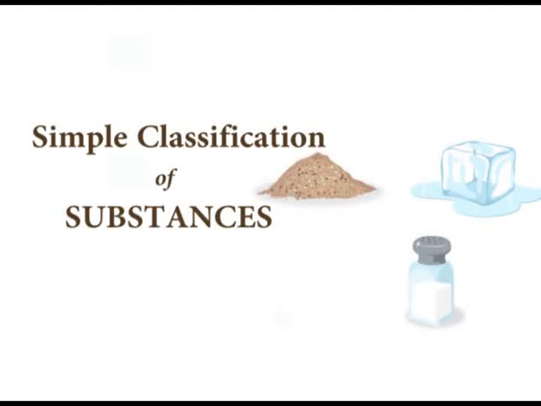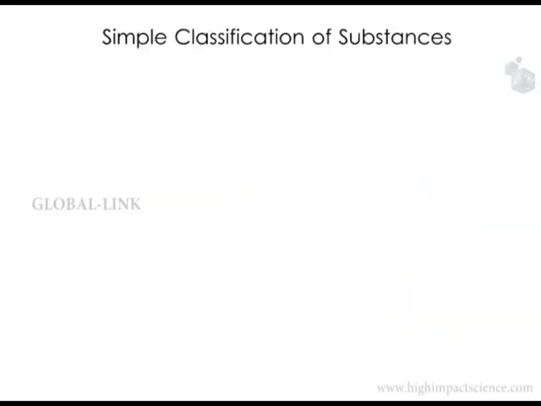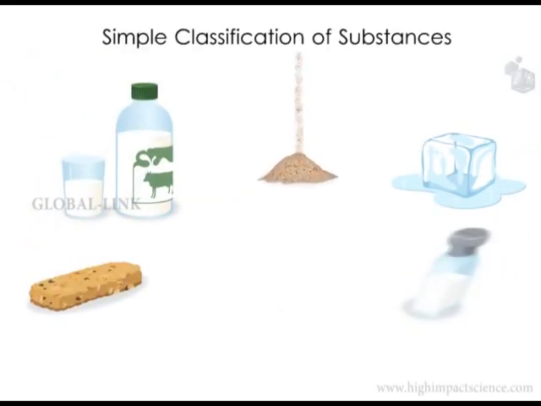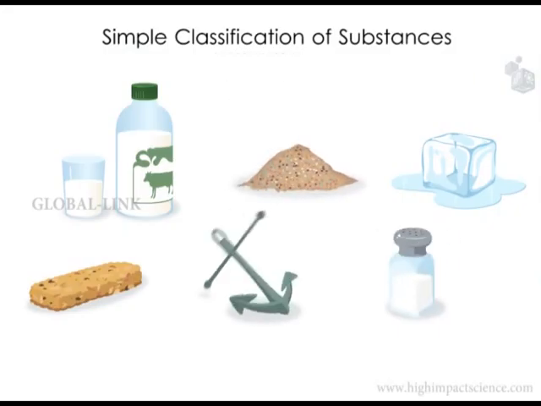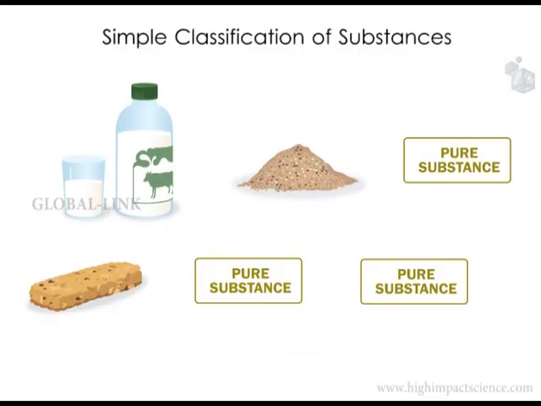Next chapter, simple classification of substances. Now, we talked about matter in the previous chapter. In order to study matter, we need to classify various forms of matter according to their shared physical characteristics to make it easier. Matter, whether in solid, liquid or gas, can be classified either as a mixture or as a